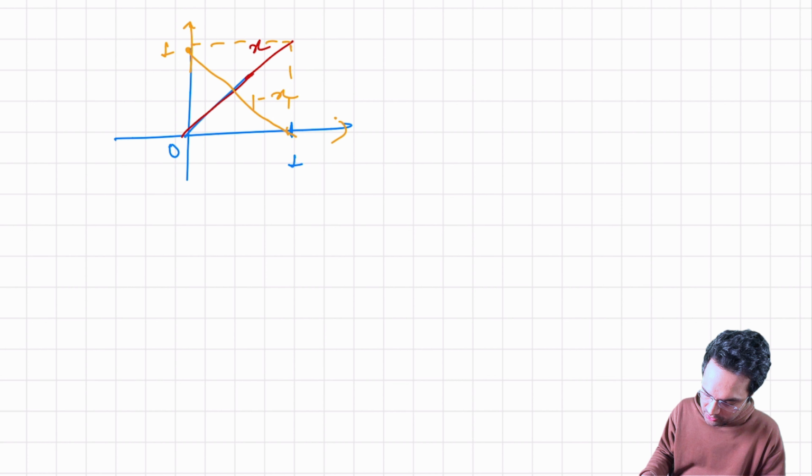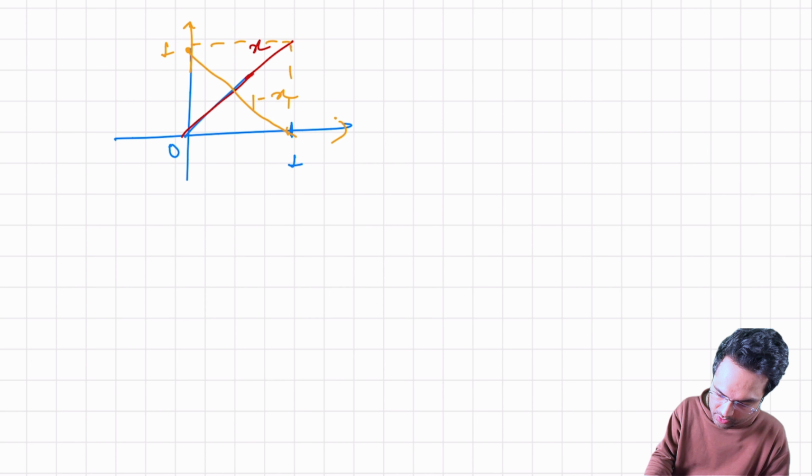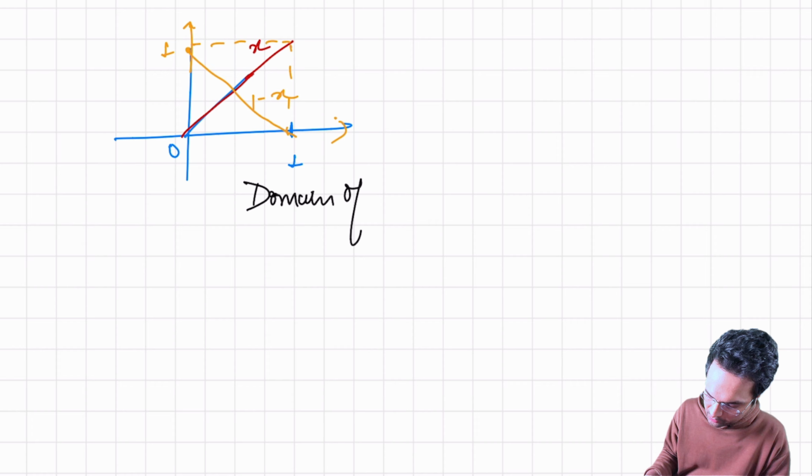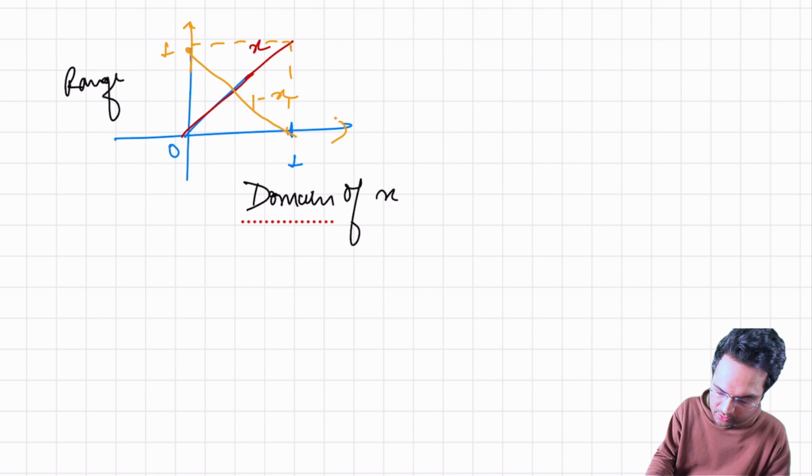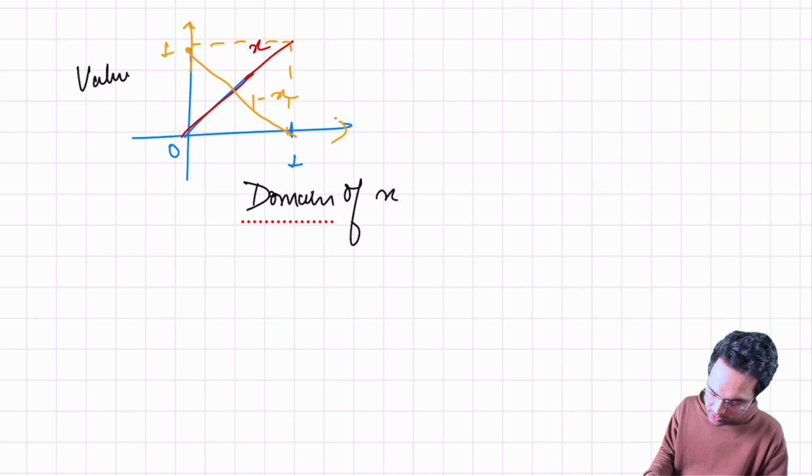Minimum between the two here, what you will see is minimum basically says that at any given point in the domain or in the range of x. So now this is the domain here. This is the domain of x, right? And this is the range of x. Oh, this is basically the value, I would say. Not range, but yeah, it's value, let's say. Okay, so we know that between the domain of x, I have to find the minimum between x and 1 minus